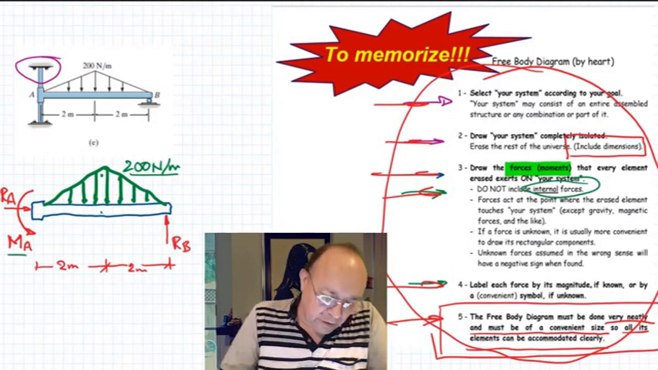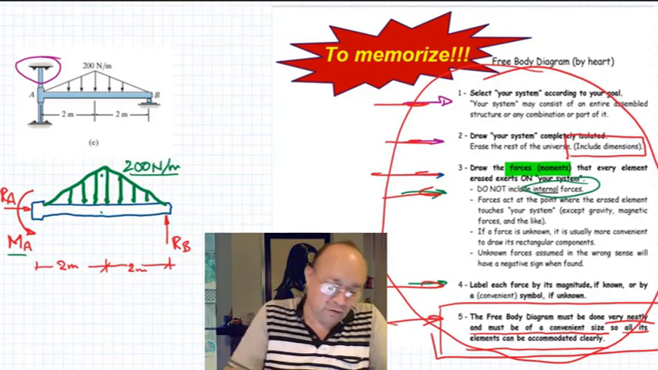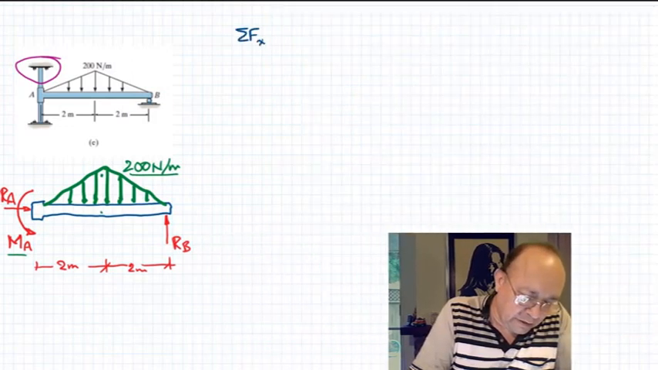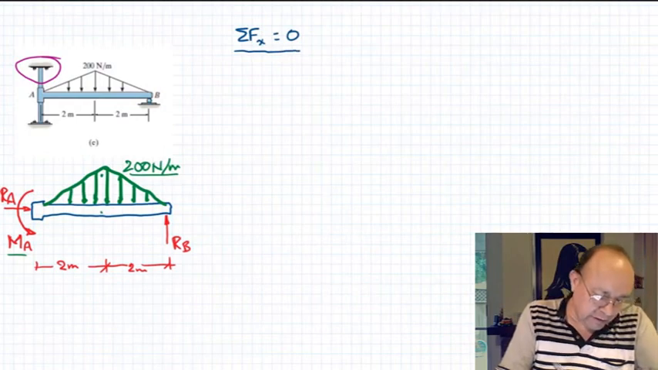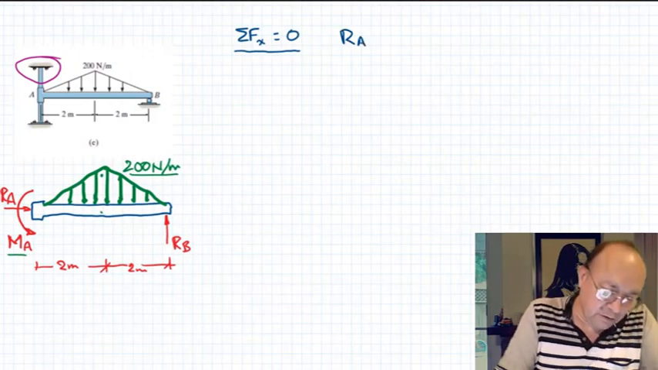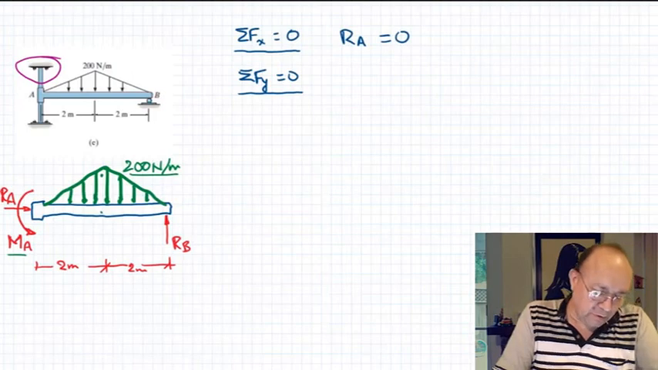So now that we have the free body diagram, then we can set up the equations and solve. Let's proceed with this. The summation of forces in the x direction has to be equal to 0. Forces in the x direction, only RA, there are no more forces in the x direction, so RA equals 0. Summation of forces in the y direction equals 0. Okay, so now we have here,